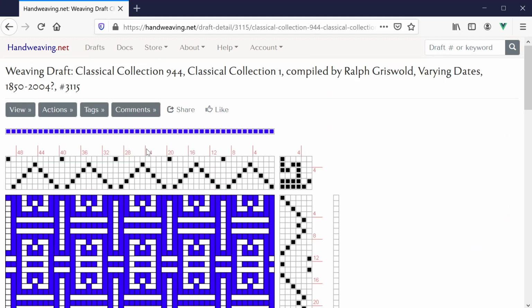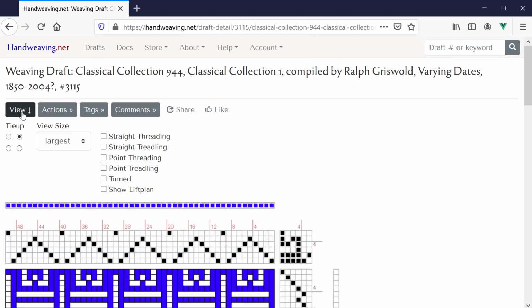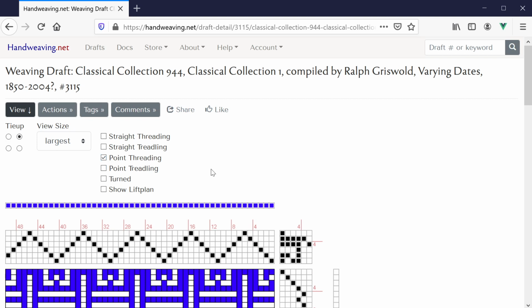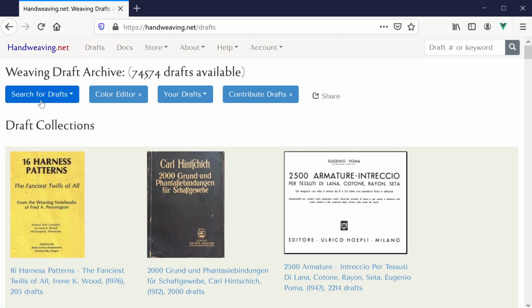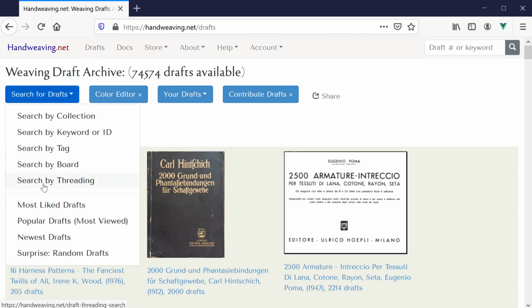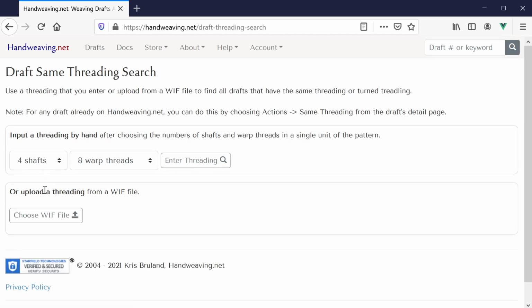So I'll click it, and I'll choose View and point threading, and there we go. So let's do another one. We'll hit Drafts, search for drafts, search by threading. Now this time we'll also choose 8 shafts, and I'll choose 16 warp threads. We'll hit Enter Threading,